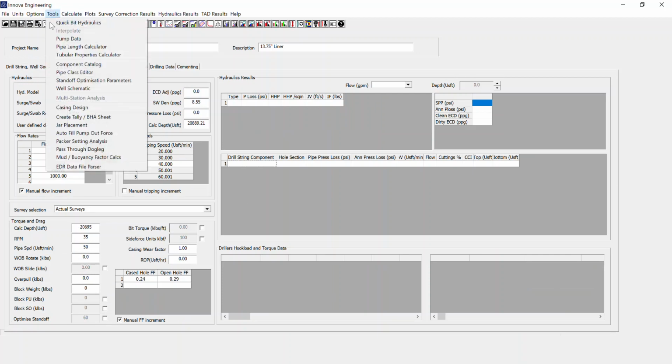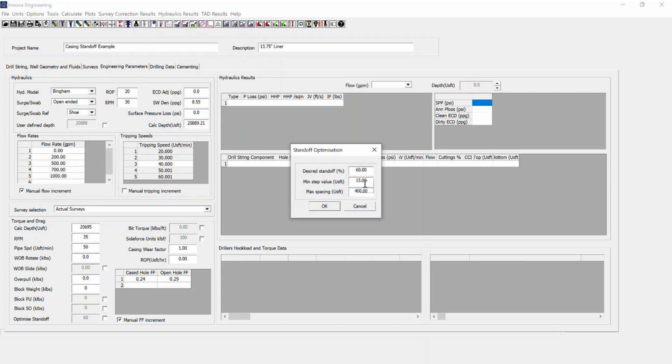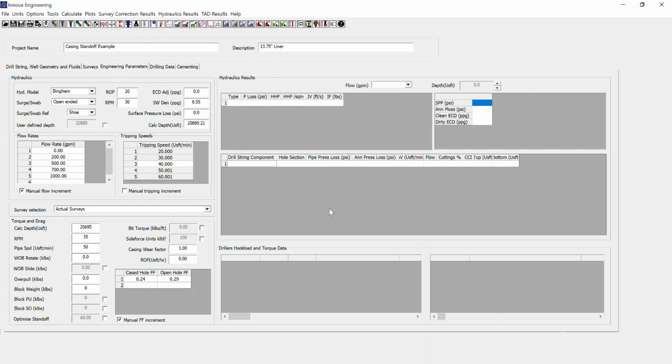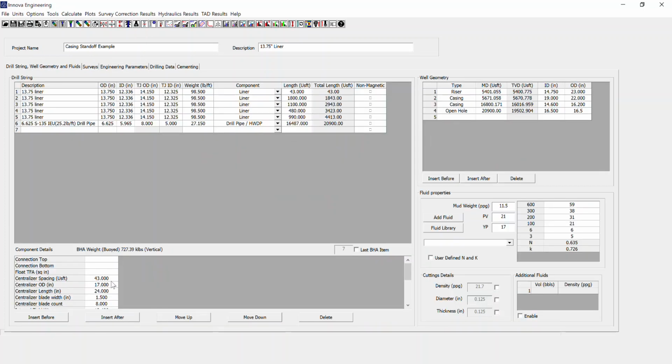And if you go to Tools, Standoff Optimization Parameters, this will be the desired standoff percent, which we can see down here, as well as the min step values and the max spacing values to run that optimized scanning against. In this case, we're not going to optimize standoff, we're going to run the calculation for the spacings that we've put into our component details. I'll go Calculate, Torque and Drag. Now I can go to Torque and Drag Results, and either hit my standoff summary, which will generate a report for us,